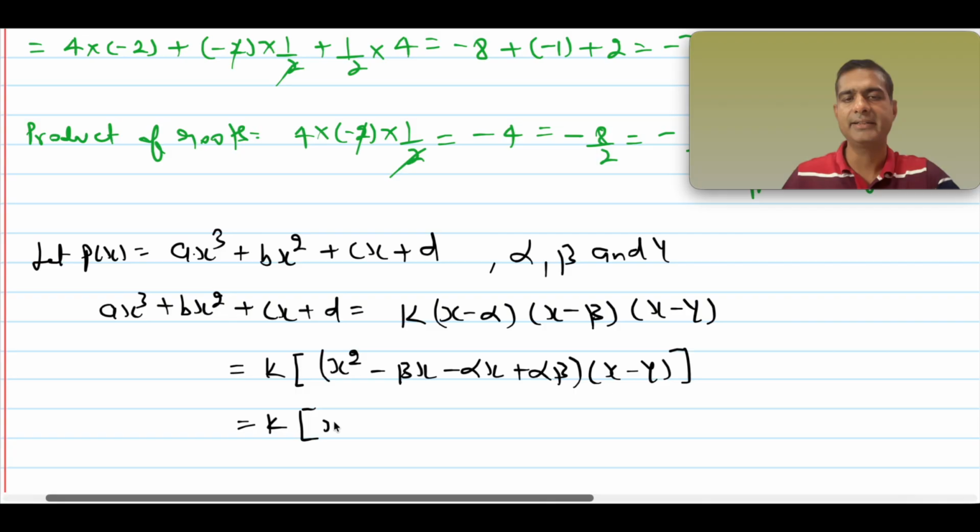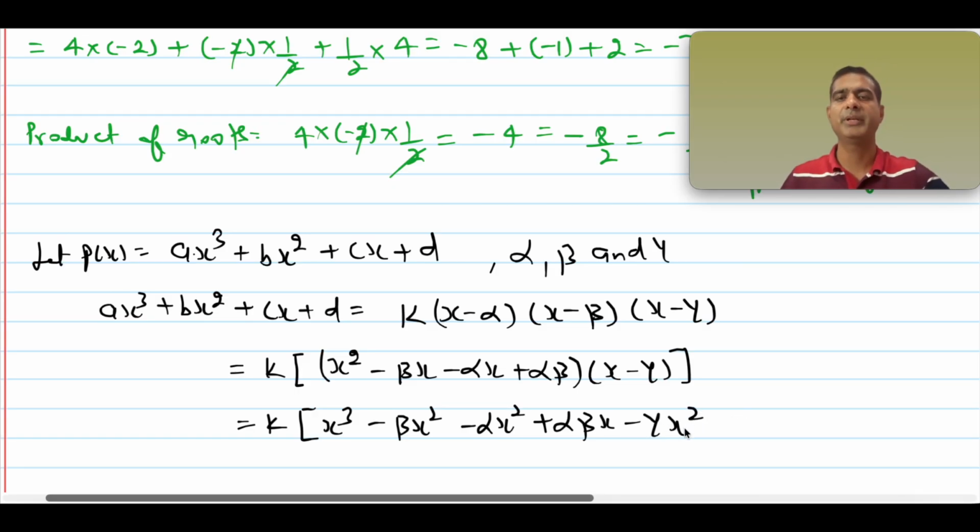So I will be getting x cube minus beta x square minus alpha x square plus alpha beta x, and we can multiply negative gamma. So I will be getting negative gamma x square plus beta gamma x plus alpha gamma x